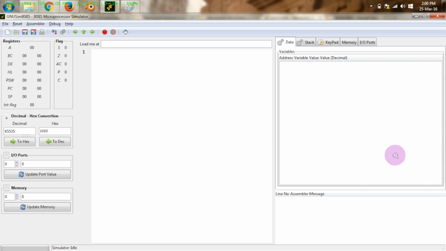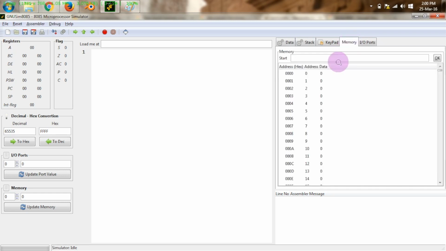So similarly, these basic registers that we saw, A, B, C, D, and HL, are not able to accommodate a large amount of data, and that is where we require memory. So let us first have a look at what type of memory is available in 8085 and how much memory is available. So click on this tab of memory at the right hand side, and you will see that you